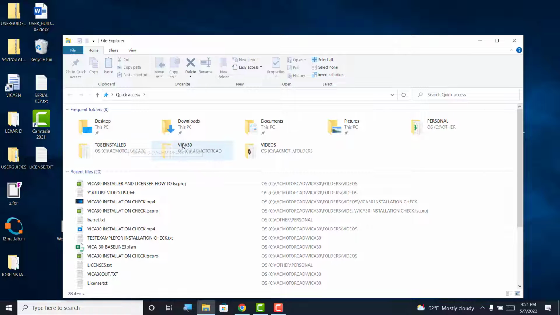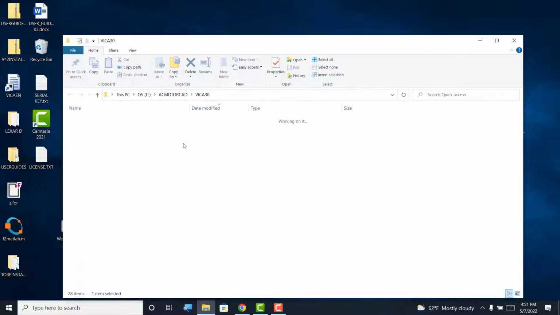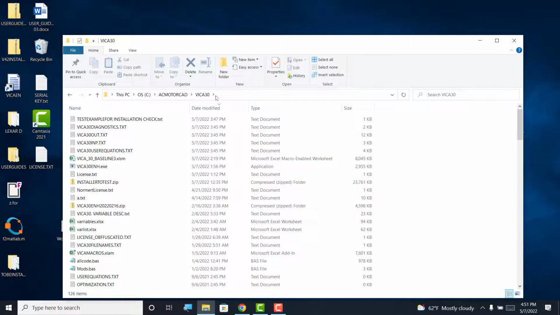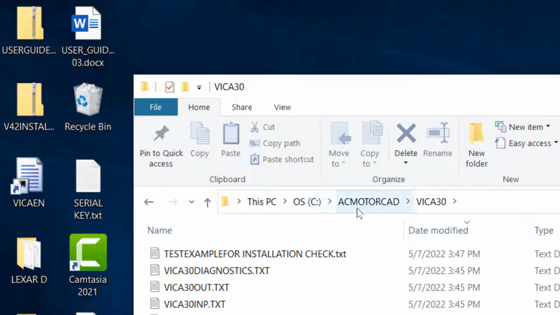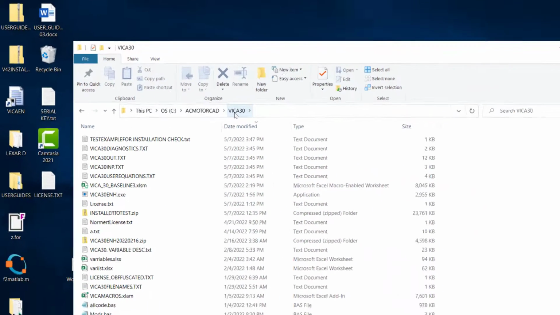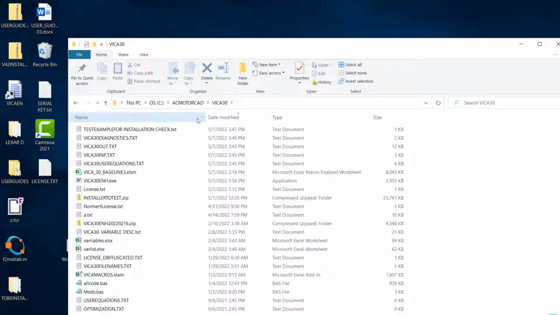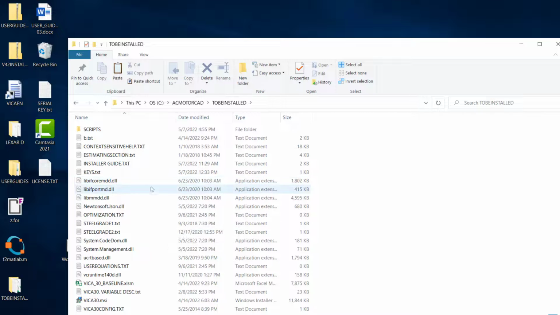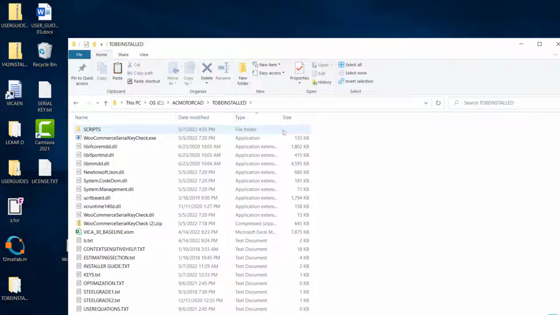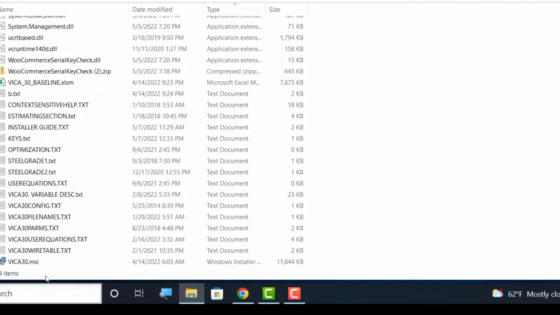Let's see, I think it's here. Yes, C drive, AC MotorCAD, VICA30 is where this VICA30 stuff is going to be located. That's your data directory. So anyway, the MSI file is here. If I double click that,